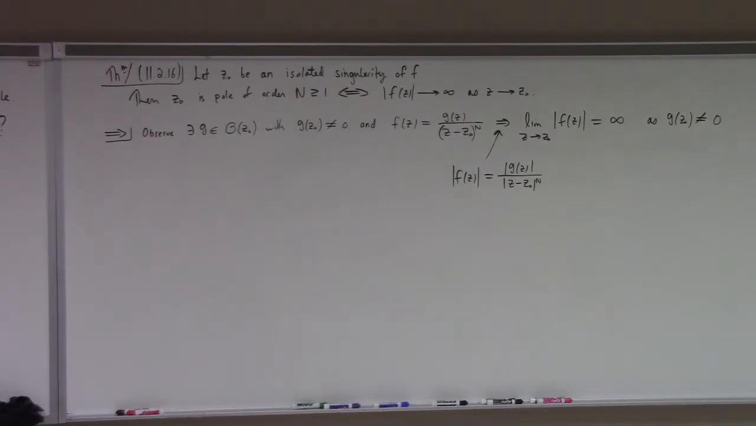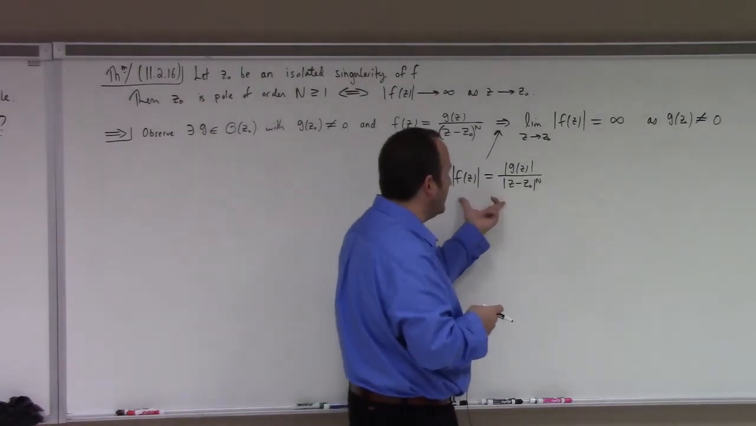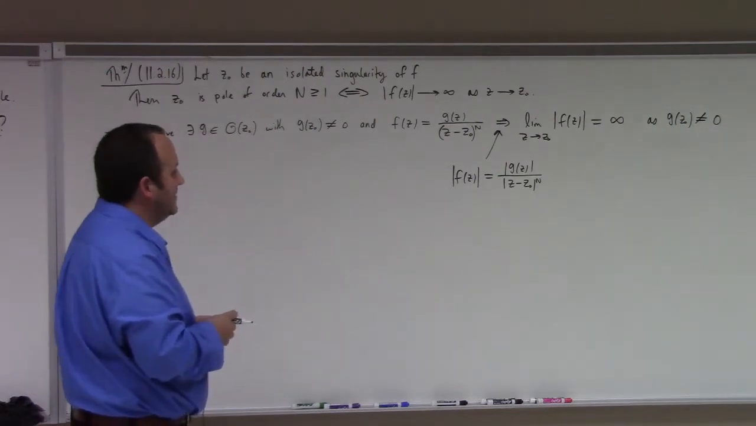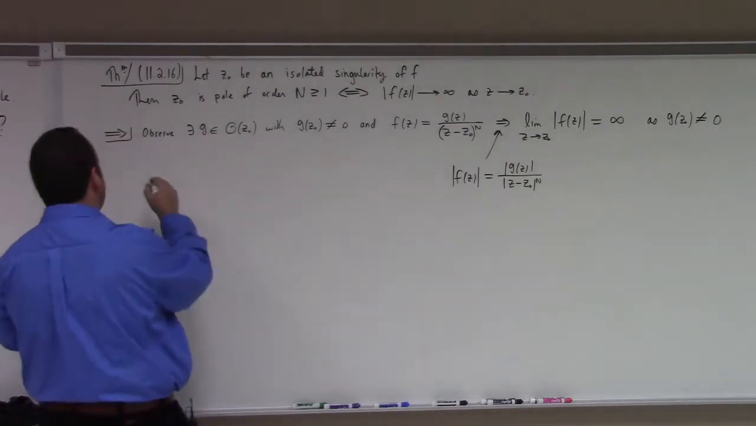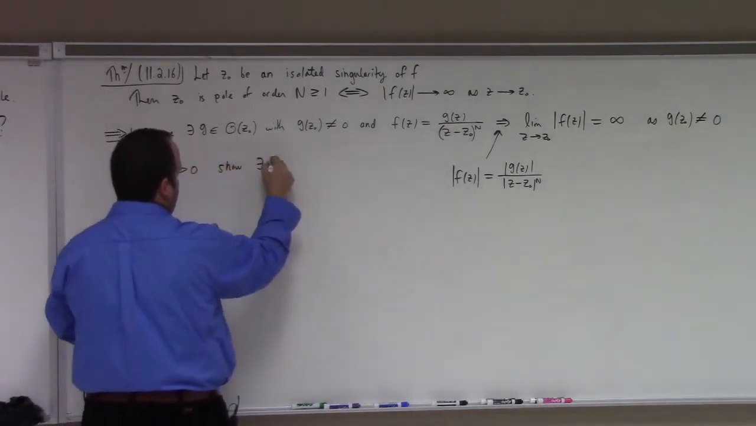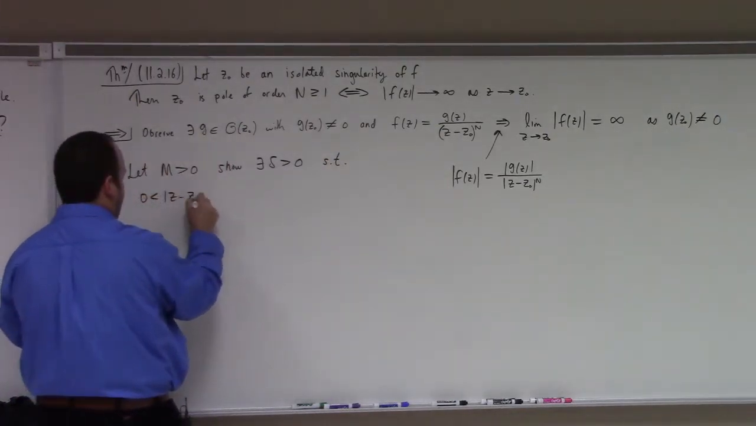We can make this precise with epsilons and deltas if you guys want to. It'd take me about 10 minutes. If you're interested, I'll do it in the help session today. How about that? All right. But to actually supply the epsilonics to prove that that goes to infinity, I would need to let m be greater than 0, right? And then show there exists delta greater than 0 such that 0 less than modulus of z minus z naught less than